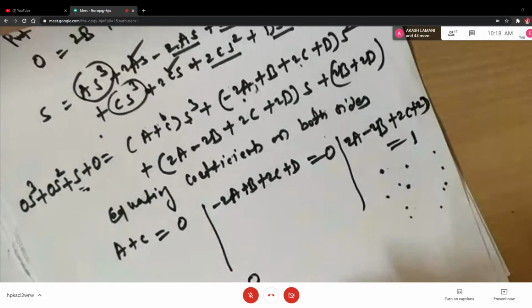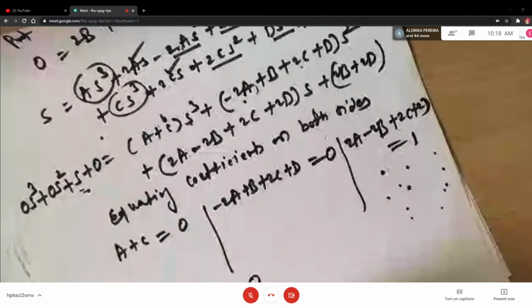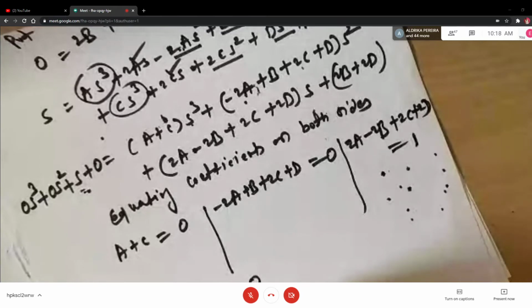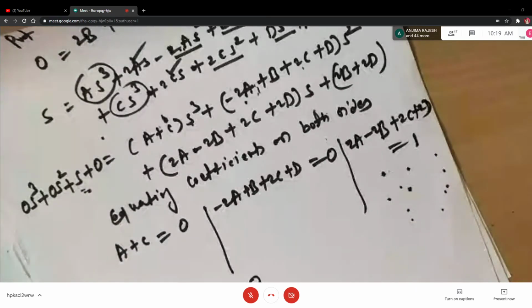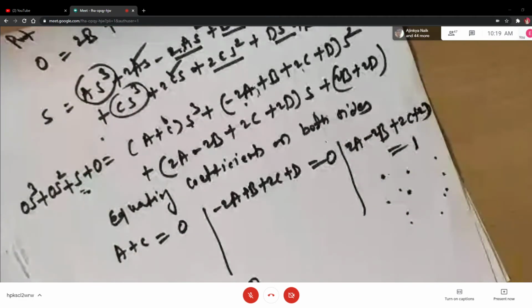Okay. This means that 2 can get cancelled. So you are getting b plus d is equal to 0. So isn't it the same thing which we got above when we put s is equal to 0. So b is equal to minus d. Okay. And now see how you are going to go about these equations. Now I'll just give you the hint.